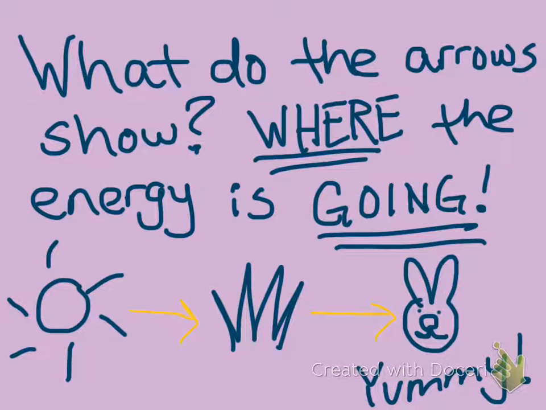Okay, so the arrows show where the energy is going. I can't stress that enough. That's the big main problem that most people who struggle with this concept have. And we'll talk about the other main problem when we're all done writing this one down. Draw yourself this little diagram. The sun gives energy to the plants, which gives energy to the rabbit. I just drew a rabbit. You can draw anything that eats plants. And that rabbit is also not great. Also write yummy. You can write yummy if you feel so compelled.